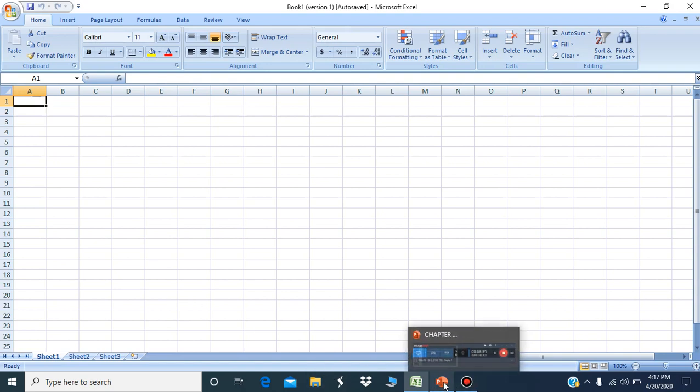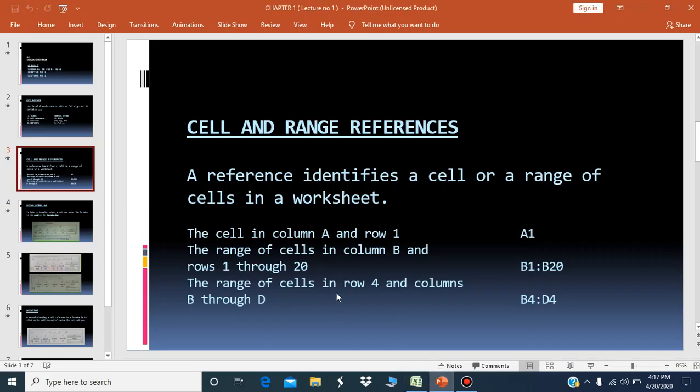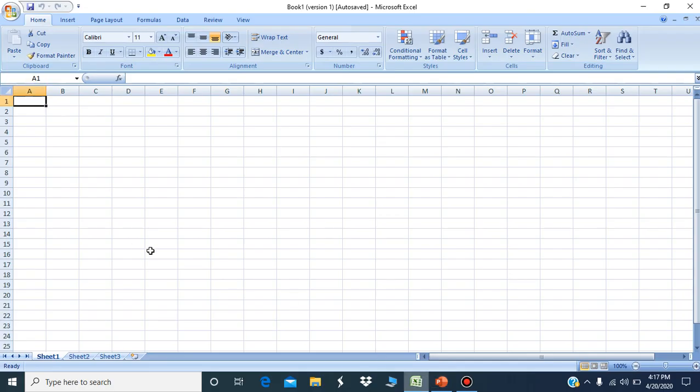In another example, you can see the range of cells in column B and rows 1 through 20. Column is mentioned as B and rows are 1 through 20. Let's see it in a worksheet. You can see your column is B and the range starts from row 1 till row 20.